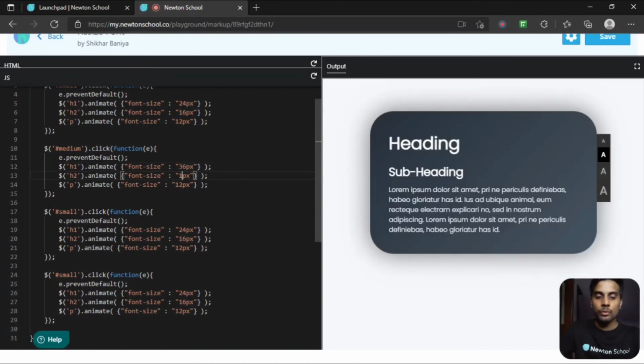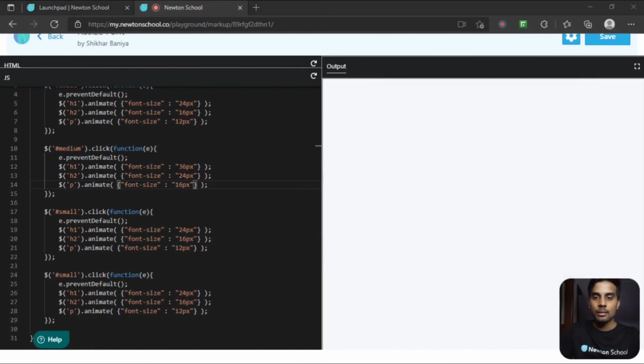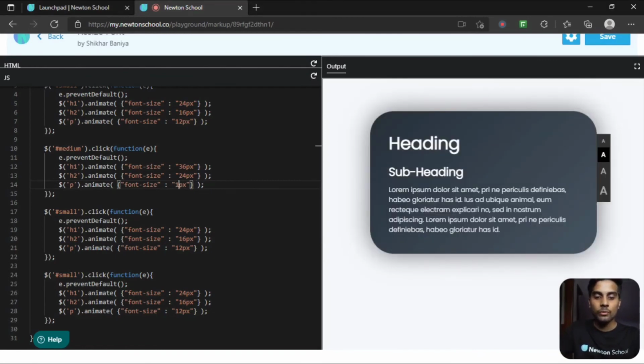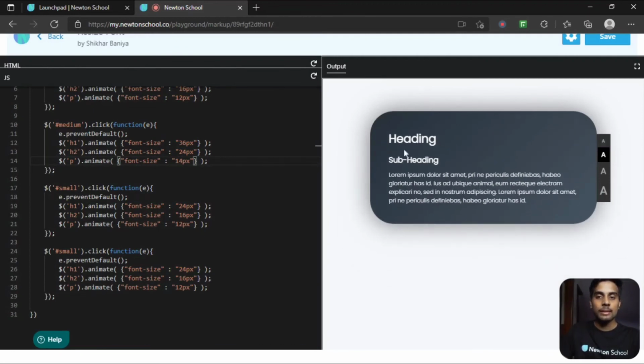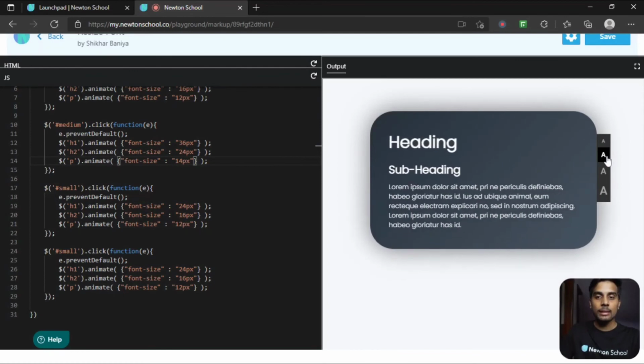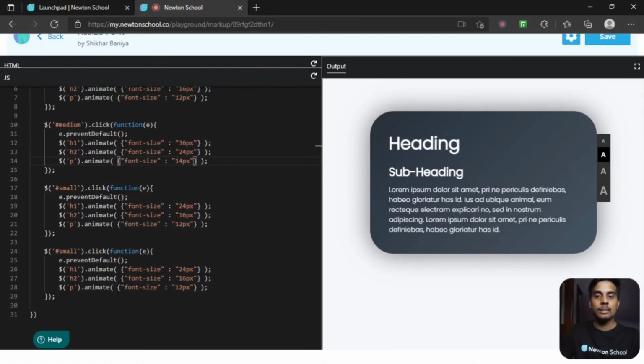Font size for h2 will be 24, and font size for p will be 16 or 14. So this is it. Let me show you. When I click on small, the size is getting decreased. When I click on medium, the size is getting increased.